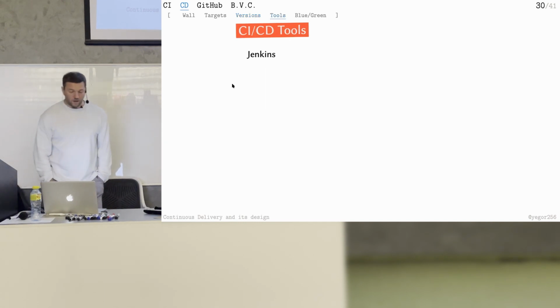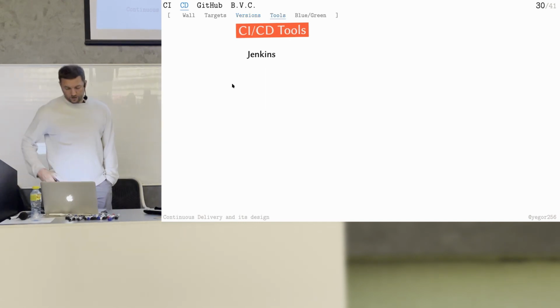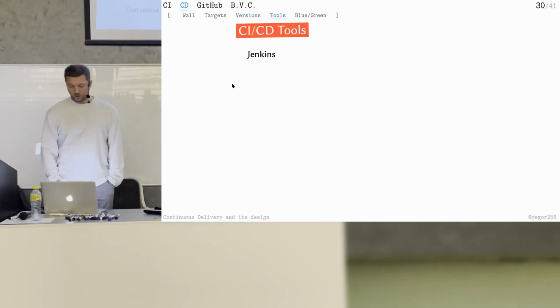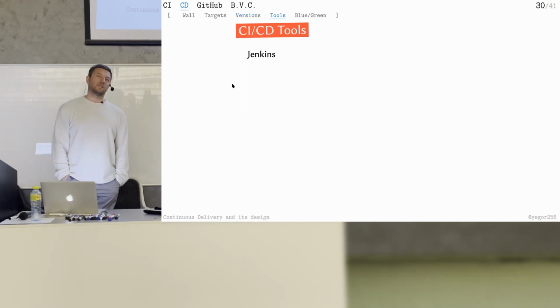Now the tools. What are the tools which will help you with continuous integration, continuous delivery? Tool number 1 is Jenkins. Jenkins, before it was Hudson, now it's Jenkins. Yeah, nobody likes it anymore. Well, it's for enterprise, I believe, for enterprise situations. So when the enterprise cannot use GitHub Actions, the enterprise cannot use GitLab.